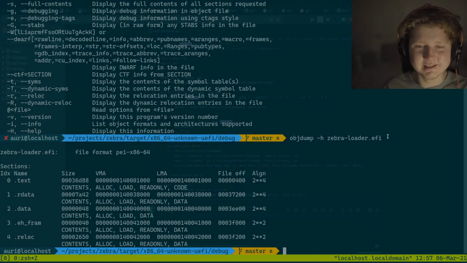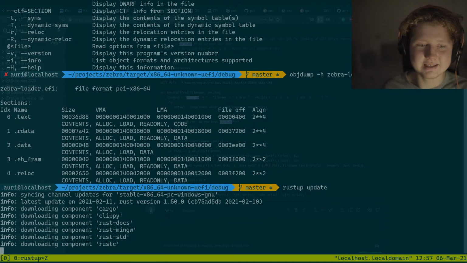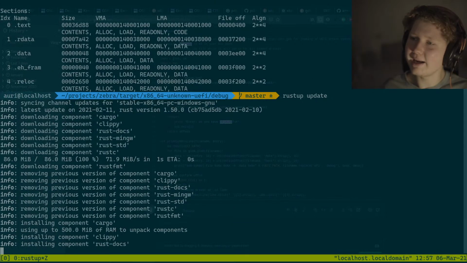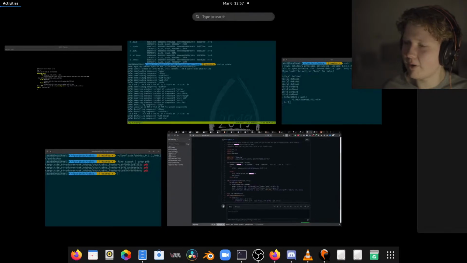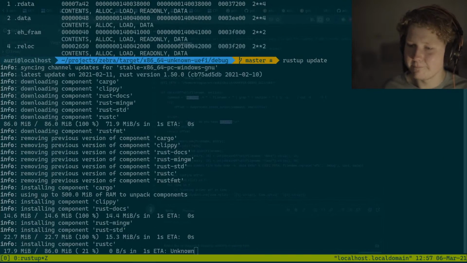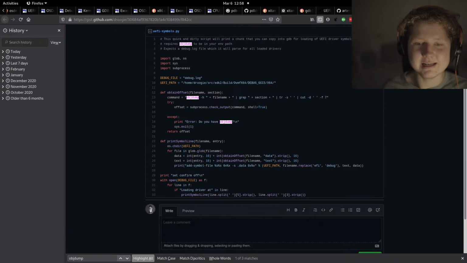Should I try to do a really risky thing of just updating Rust nightly, maybe it will magically fix itself and I won't have to deal with this issue. While I rustup update, let's do that. Why not? What could possibly go wrong? Right. So